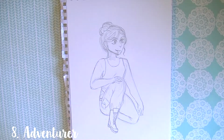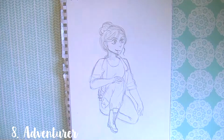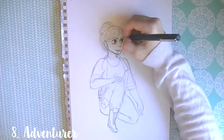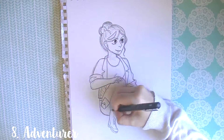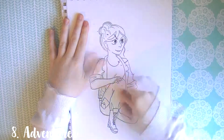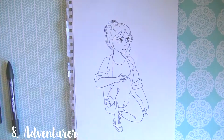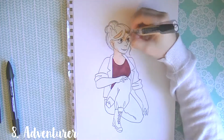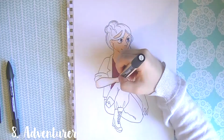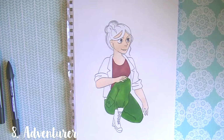I'm already messing up, but yeah, the problem with drawing every day is that if a prompt just isn't giving you any inspiration, you still have to try and get something down on the page. So I made the decision, after staring at the page for a long time, to change the prompt to a more generic adventurer prompt. And this drawing, admittedly, is one of the most boring ones I've done for this challenge so far. I don't dislike it because it was nice to be able to practice a different kind of pose,